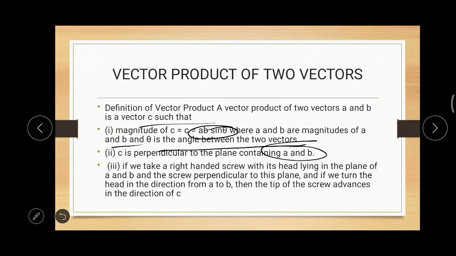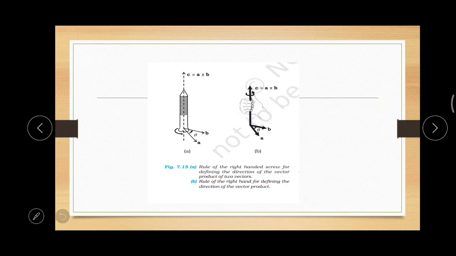Now if you take a right-handed screw with its head lying in the plane of a and b and the screw perpendicular to this plane, and if you turn the head in the direction from a to b, then the tip of the screw advances in the direction of c. That is actually the right hand thumb rule, or here you can see the right hand screw rule. So the representation is given. Suppose you are taking the cross product a cross b,